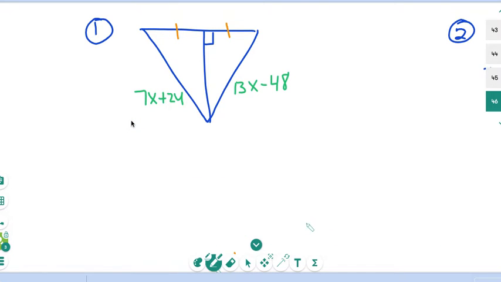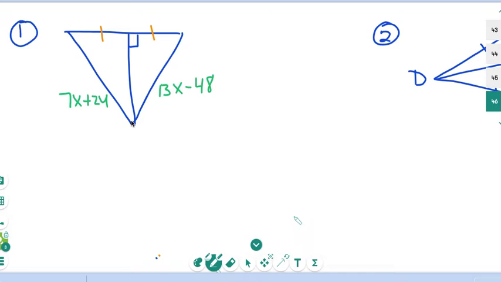Okay, let's take a look at number one. Number one, we have a perpendicular bisector. We can see that it's perpendicular because it has a right angle. We can see it's a bisector because it divides the third side of the triangle into two equal parts. If we have a perpendicular bisector, then we know that these two sides of the triangle are equal distance from the third side. So to find x, we're going to put